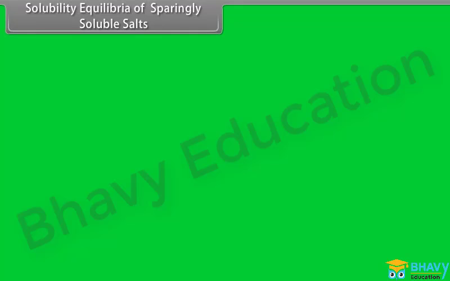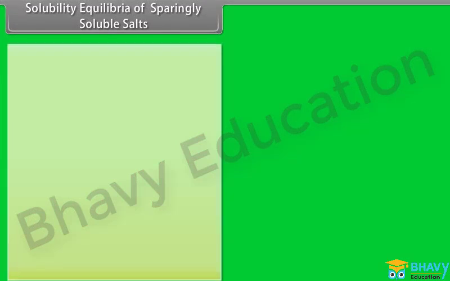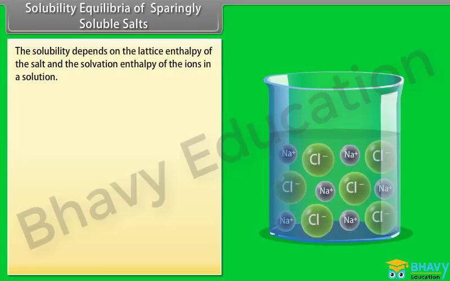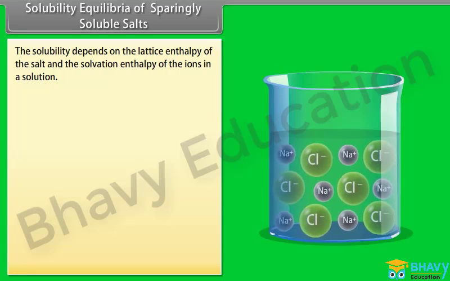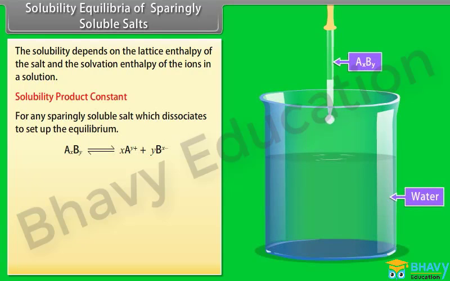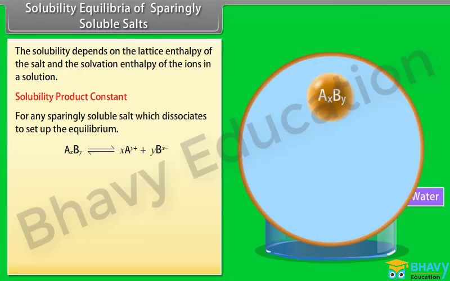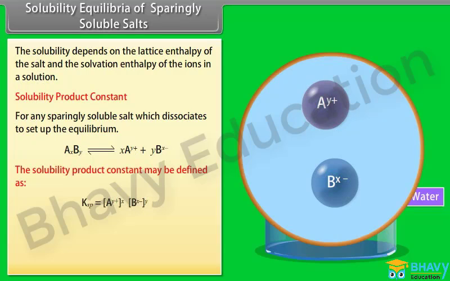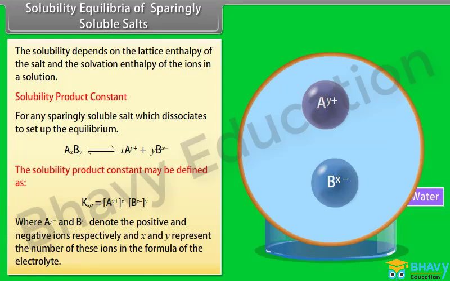Solubility equilibria of sparingly soluble salts. The solubility depends on the lattice enthalpy of the salt and the solvation enthalpy of the ions in a solution. Solubility product constant. For any sparingly soluble salt which dissociates to set up the equilibrium, the solubility product constant may be defined as concentration of A^y+ raised to the power x into concentration of B^x- raised to the power y,